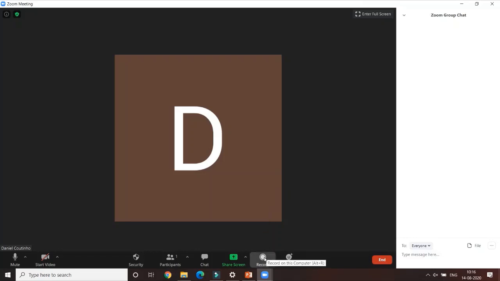Next, you have the option to record. If I click on this option, it will start recording the meeting. This record indicator will show on the top left hand corner. If I want to pause or stop anytime during the meeting, I can stop. And this will be saved onto the hard disk of my laptop. Next, you have that option of reaction. During a meeting, if you want to show some action like clapping or thumbs up, you can show that.